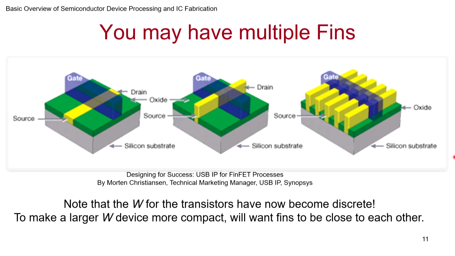Even earlier in a regular design also, they won't allow you to go to arbitrary lengths. You typically go for, say you have a minimum length, then you can go double of that or 1.5 that. You cannot say, I want to make it 1.3654 times W. You cannot do that. You have to go for a fixed number. They discretize it, then that's how designers do the design, because of convenience and practicality also. There's no meaning after some, because there's a lot of variations that may come. But in this case, even the W itself, the transistor itself is discretized.